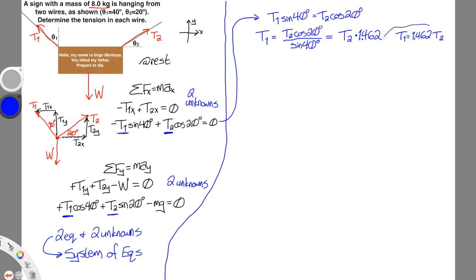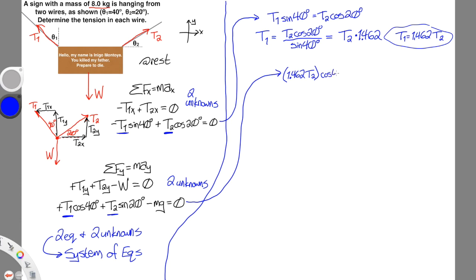This equation will help us out here, because now we're going to take that and plug it in to our other equation. In our second equation, instead of T1, I'm going to put in 1.462 times T2, because that's equal to T1,